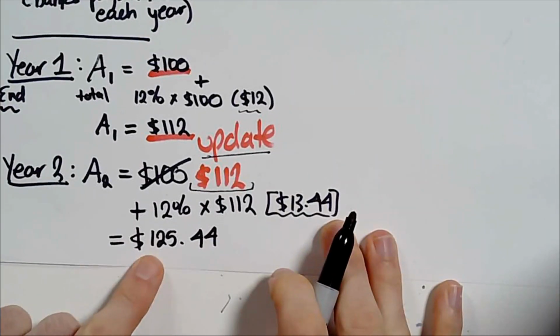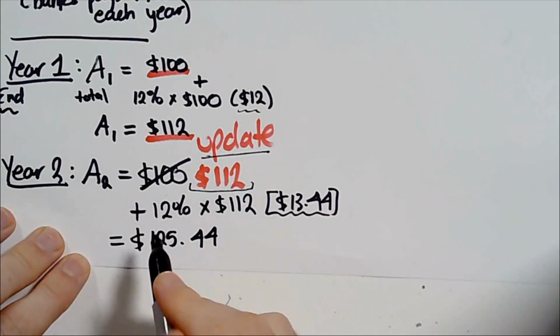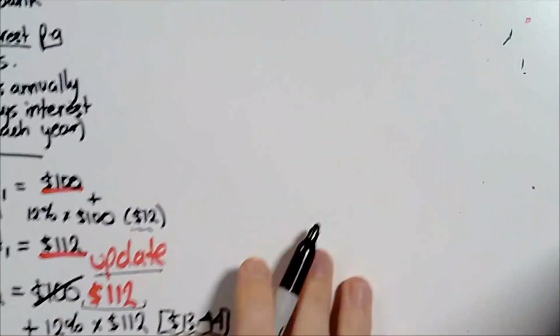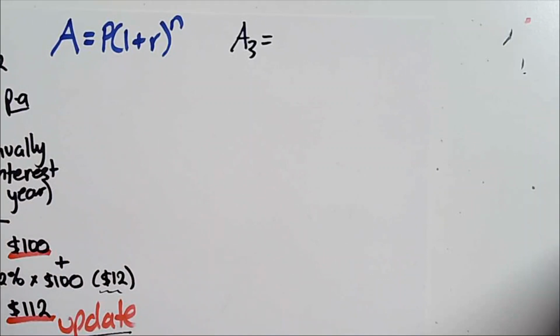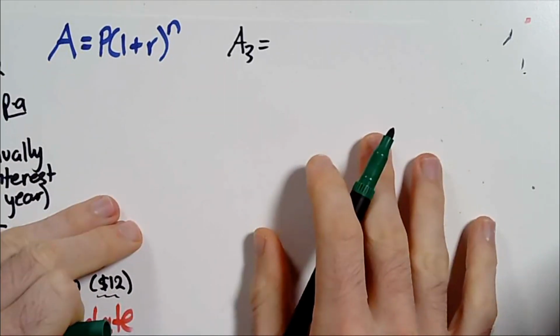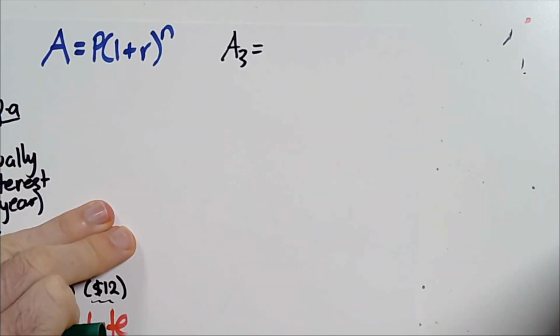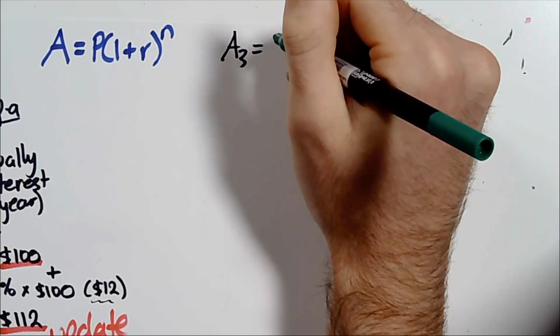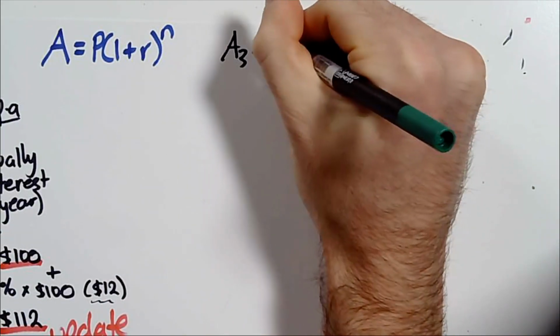At the end of the second year, the bank technically owed us $125.44. Well, that's the amount that they are then going to treat as our new investment. It's as though we've taken that money out of the bank and put it straight back in. So the new principal is, again, not $100 and not $112. It's